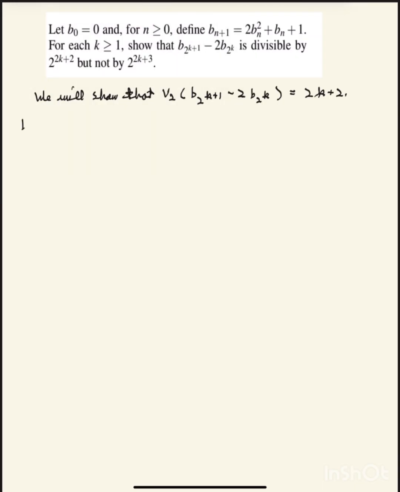First, define f of x equal to 2x squared plus x plus 1, and f of x minus f of y is equal to x minus y times (2x plus 2y plus 1). Okay, so now note that this implies